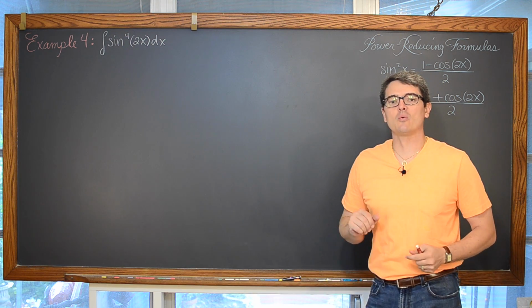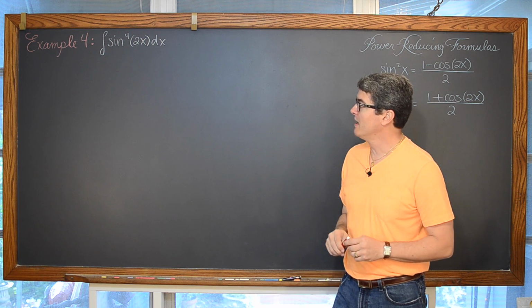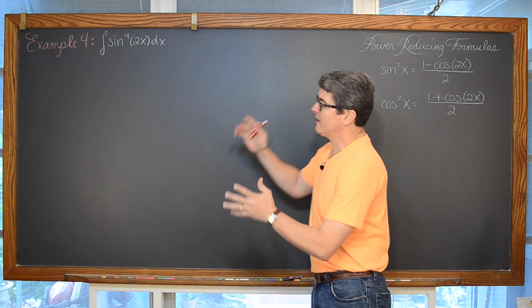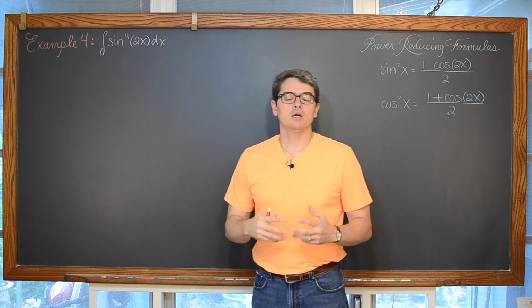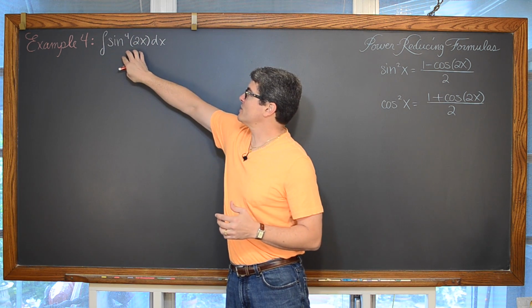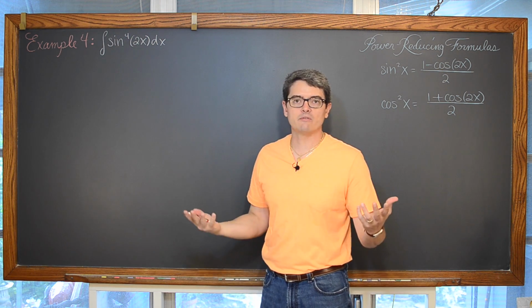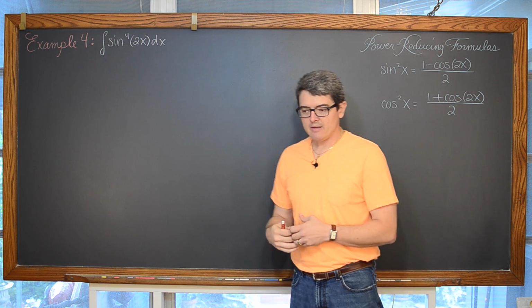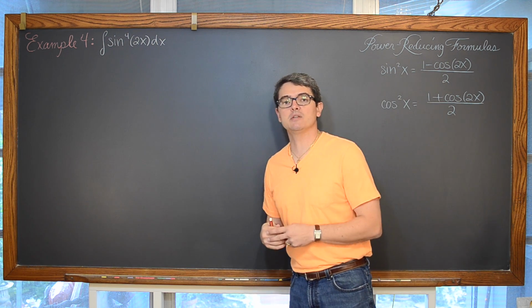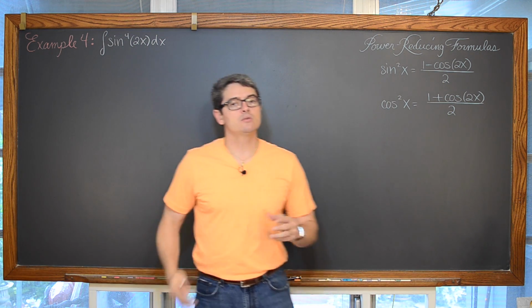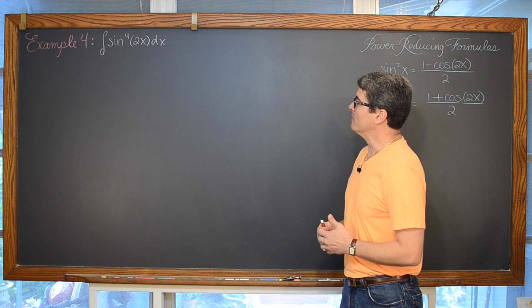For example 4, we're going to find the indefinite integral of sine of 2x raised to the 4th power dx. Now, with this one only having a sine function that is raised to a power, that sine function inside the power means we need a u prime, or the derivative of sine, which is cosine. In this example, and actually the last two, we're going to be dealing with those power reducing formulas to help us get this integrand into some kind of format that we could work through the integral.